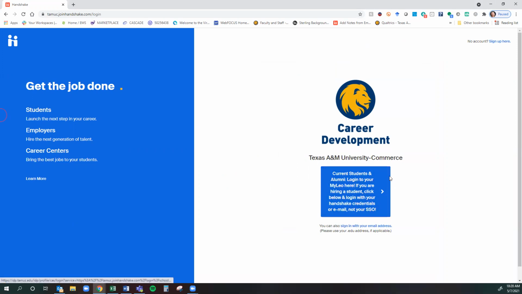And when you come here, the very first and most important thing to remember is do not click on this blue box. Do not log in as a student. It will look very weird and you will wonder why you were trying to find a job and not post a job. So that is probably the most common question I get. Do not click on the blue box. Click on the words that say you can also sign in with your email address here,